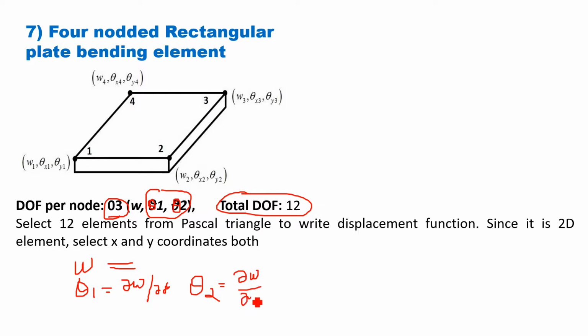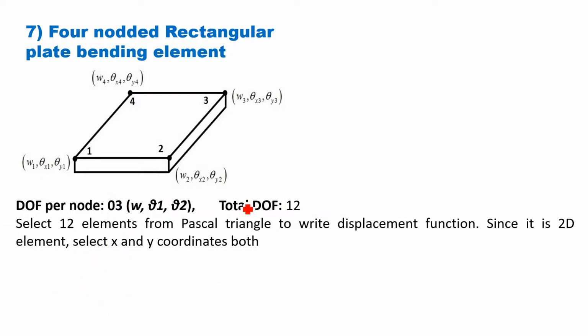If we know the deflection, we can find out rotations. This is a bending element, and that's why here also we will represent the displacement function for only W, not theta 1, theta 2. Okay, so in total 12 DOF means 12 elements from the Pascal triangle we have to use to represent only W, right? So 12 elements we have to select from the Pascal triangle to write down the displacement function